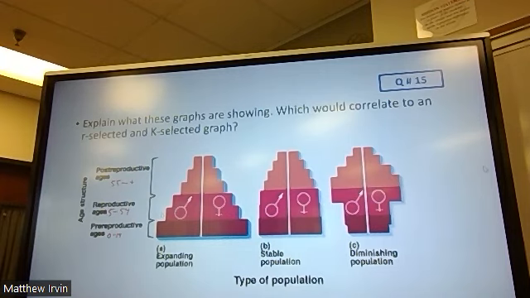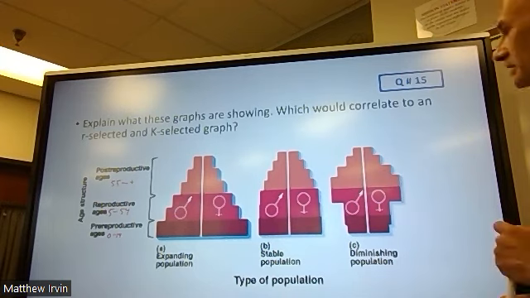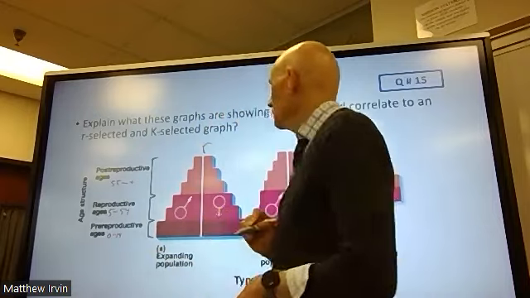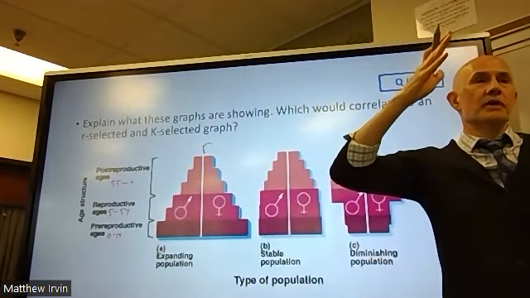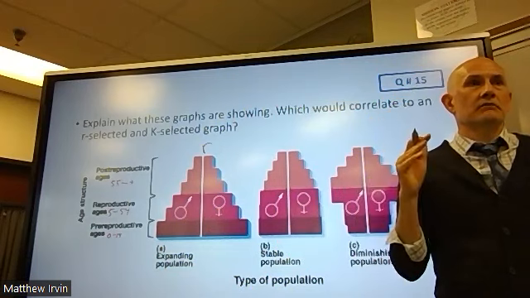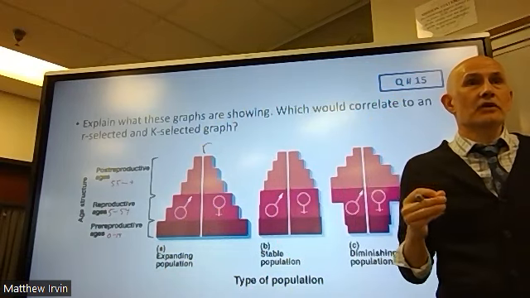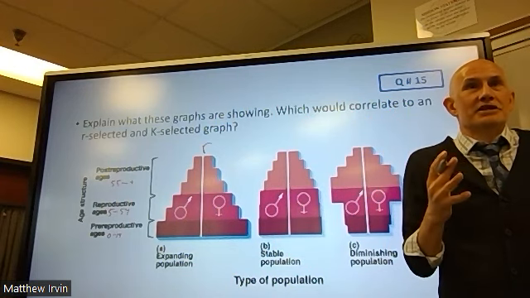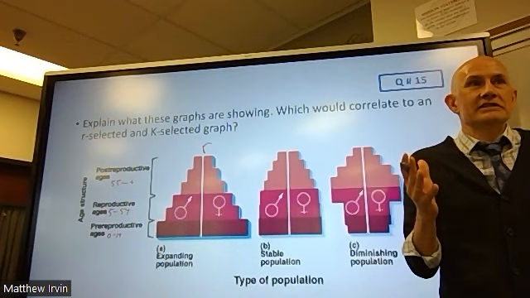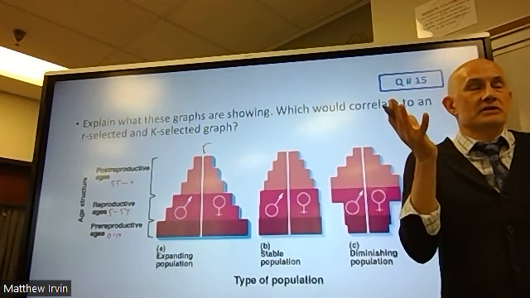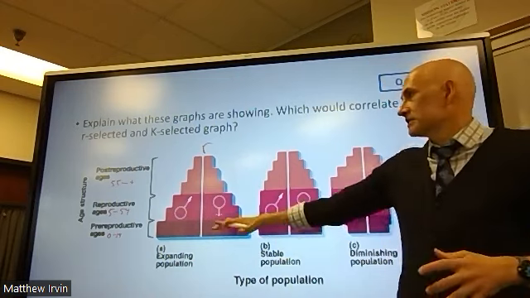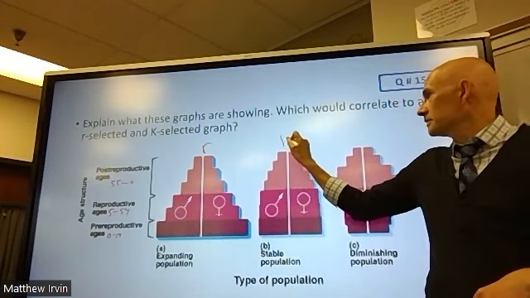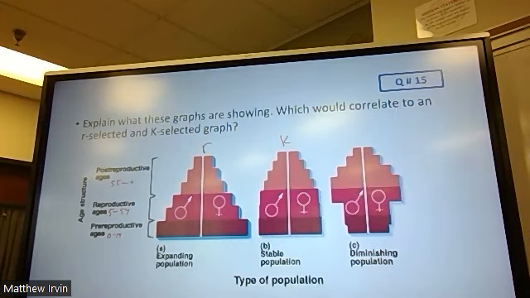Question: which would correlate to R-selected, K-selected? R-selected would be more like this one because it has the potential for growth. If we're talking about mosquitoes, very low population, but if climate change happens and we stop having freezes and cold winters, their populations would just stay around all year and then grow rapidly. And then this would be more K-selected, a stable environment and therefore a stable population.